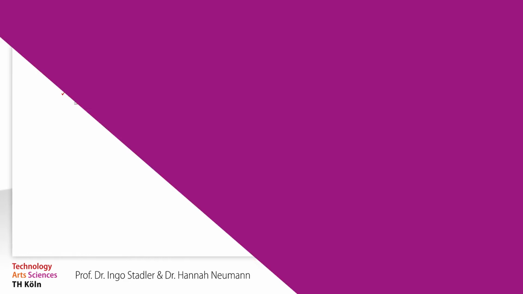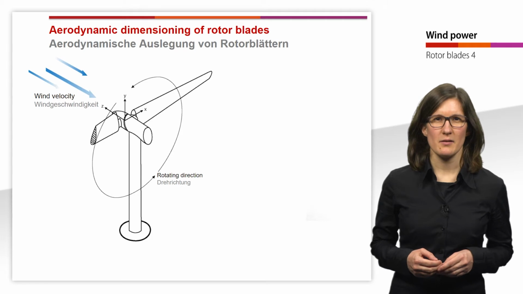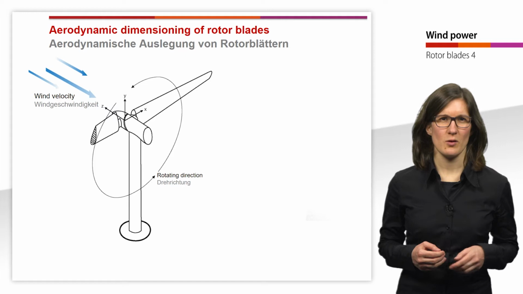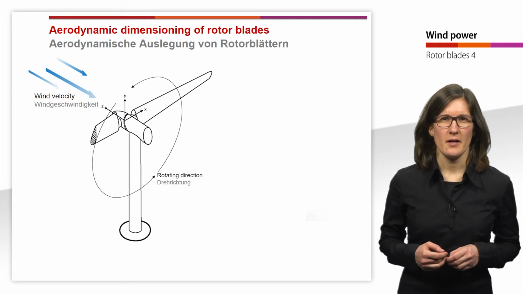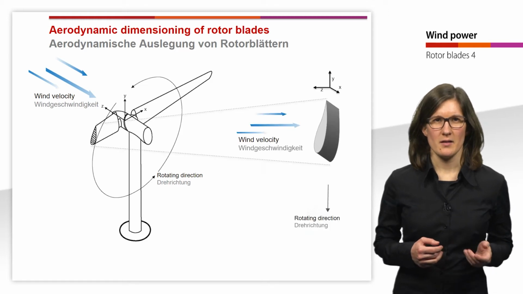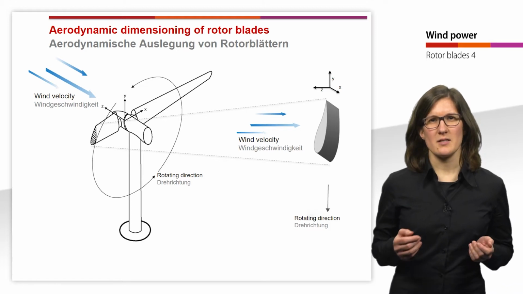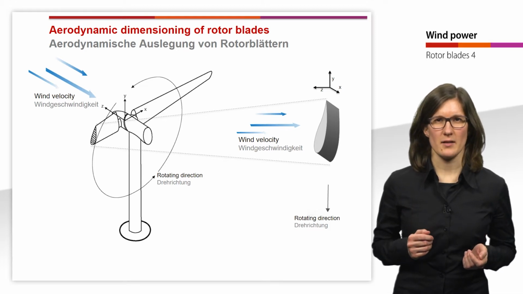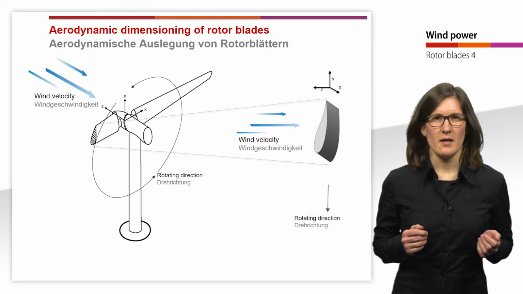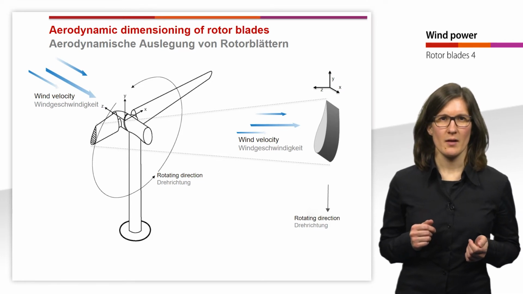blade. In this picture you can see a wind energy plant, and the wind is coming from ahead in that direction. The rotor blades rotate counterclockwise in the XY plane, and you can see a cross section in the left rotor blade. Here in the right picture you can see the same cross section, but a bit bigger and slightly rotated around the Y-axis. The wind is blowing from the left side in that direction again, and this makes the rotor move downwards in rotating direction.